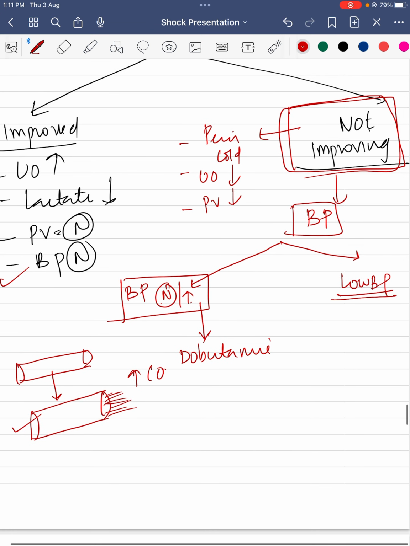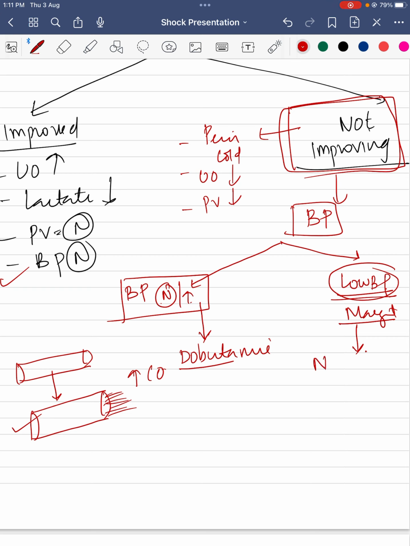But if BP is low or marginal, you always have to keep the BP normogram, which means normal BP for each age group, with you, or the child should be placed in the PICU. So from there you check and you find that the BP is marginal. Suppose we give dobutamine here, the BP will drop again. So never ever try dobutamine here. Here we will add